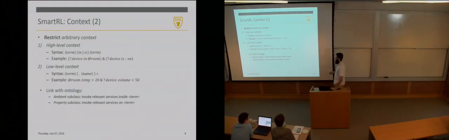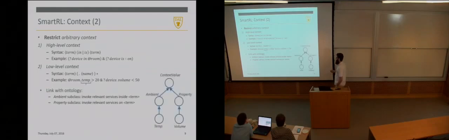So this is again made available by our link to our underlying ontology. Our parser checks, is this temp here a subclass of ambient? And it indeed is. So in that case, our expanded expression would go and look for services that are located inside this location that supply the context that we're looking for. And then behind the scenes, our smart middleware would invoke that service and retrieve the value, and then we can work with that.